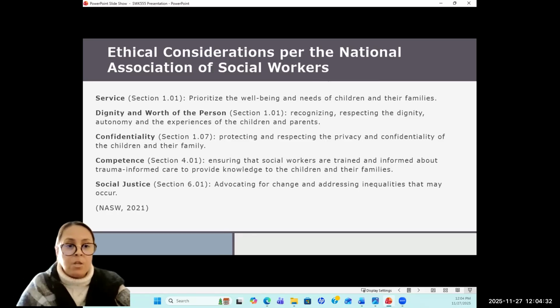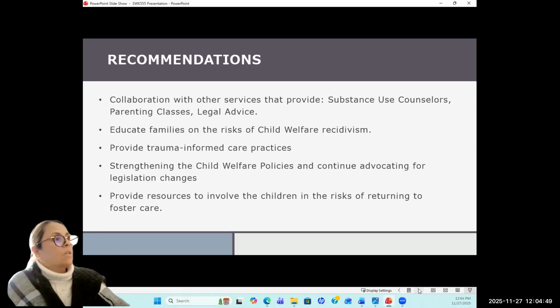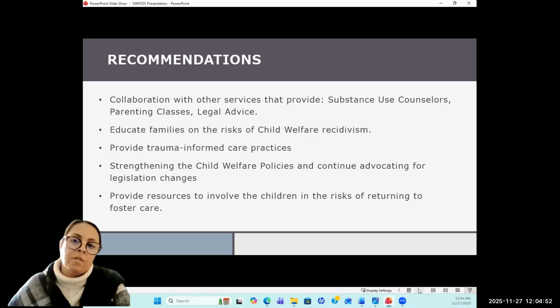The recommendation is collaboration with other services that provide services such as substance use counselors, parenting classes, and legal advice; educating families on the risks of child welfare recidivism; providing trauma-informed care practices; strengthening the child welfare policies; and continued advocating for legislation changes.